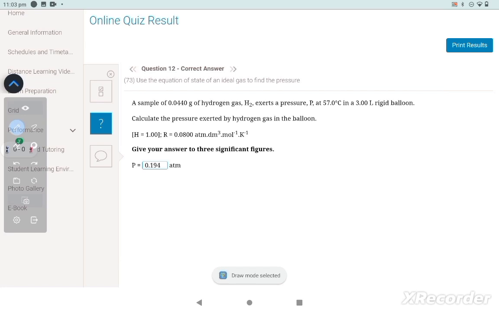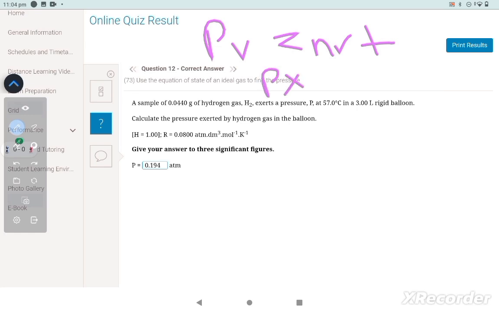Okay, this is PV equals nRT. So pressure, we don't know. P times volume 3 is equal to n, which we have to find. 0.044 over hydrogen, H2, it's diatomic, so it's 2. We get